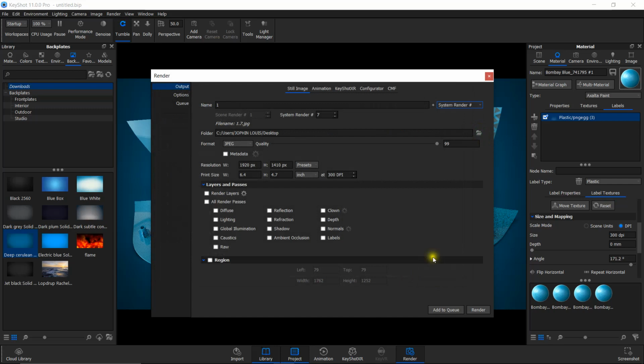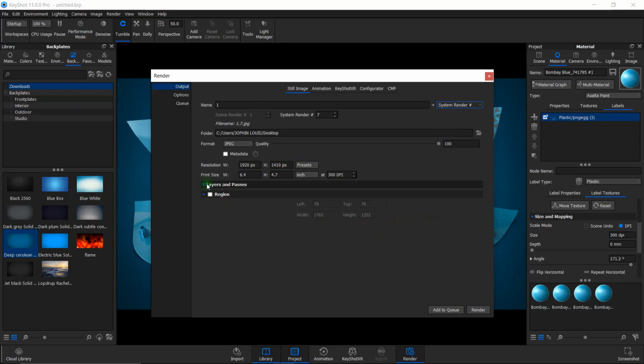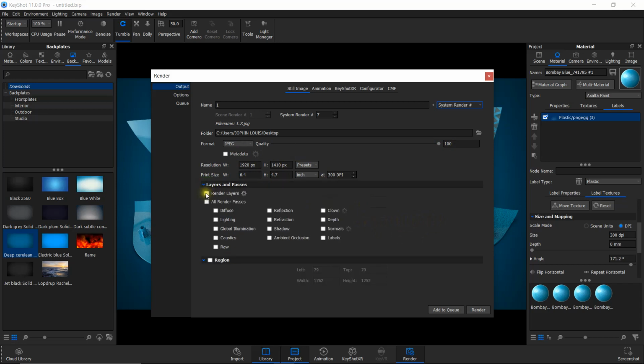Click on the select folder. I selected the format as JPEG. I am going to select the quality as 100. I choose the resolution as 920 by 410, and I am going to render all these layers. I am going to tick all these layers here and here.